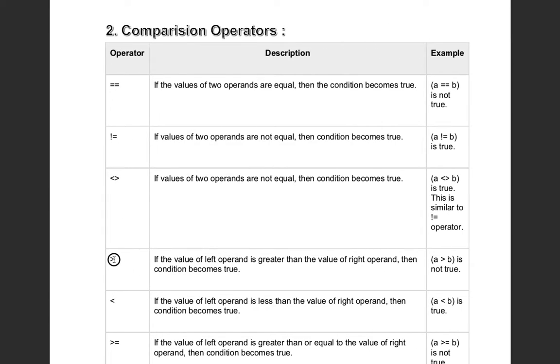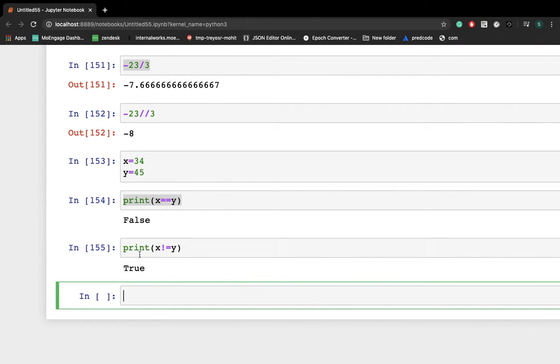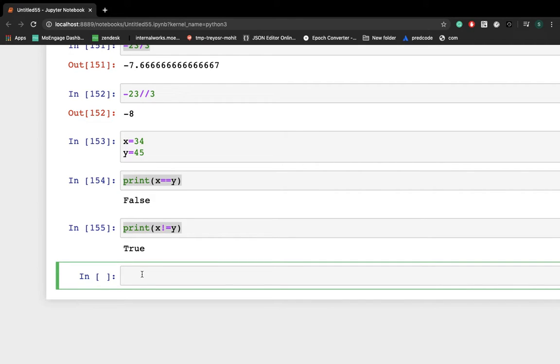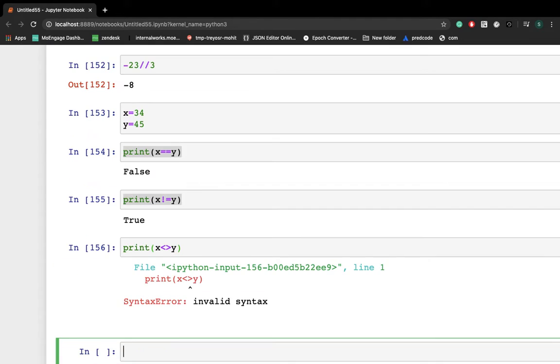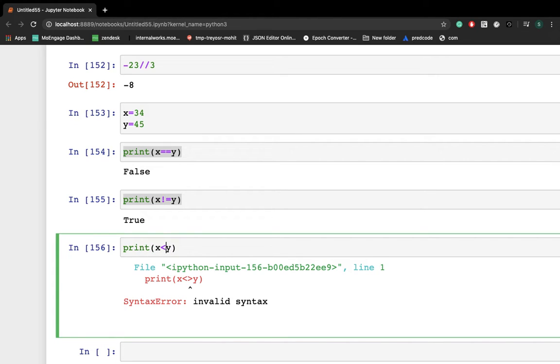Similarly, you can check it for more operators as well. Here this is also the same as not equal to, but if you put it here you will not get the result because it won't work in a Python 3 compiler. However, if you use a Python 2 compiler, you can use an online Python compiler, it will work as expected. So print x, if you are using this, it is also the same thing. You should get true here also, but you will get an error because it won't work in a Python 3 compiler.